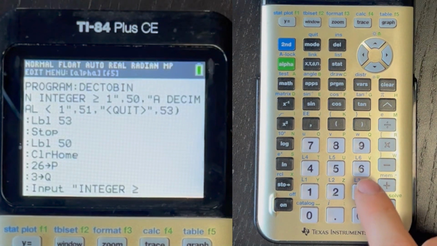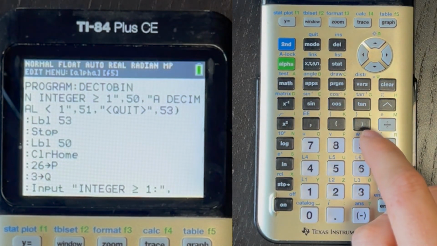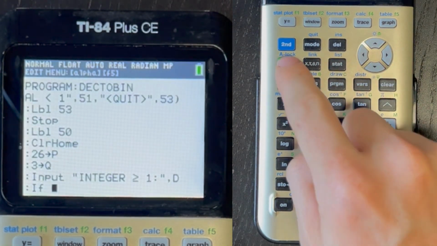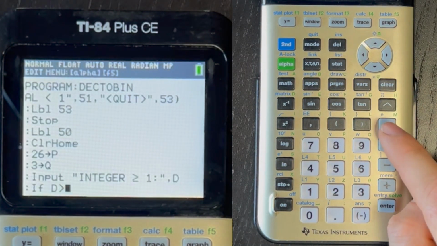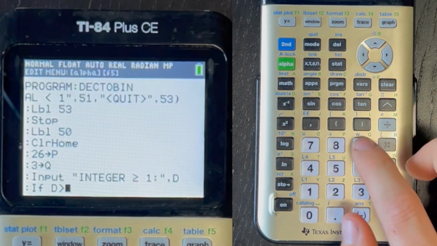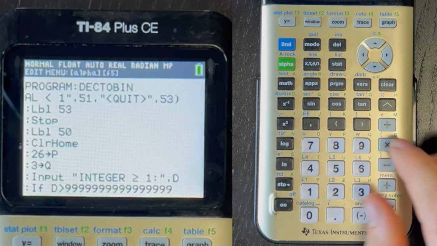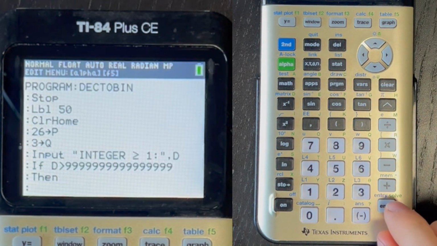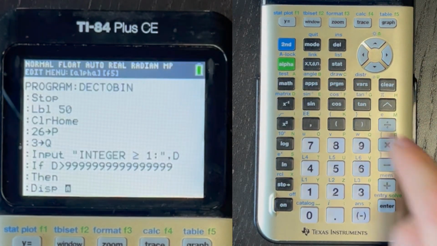Greater than or equal to 1, colon. Comma, alpha D, enter. Program, if alpha D is greater than, and then you're going to do 16 nines, so 1, 2, 3, 4, 5, 6, 7, 8, 9, 10, 11, 12, 13, 14, 15, 16, and then hit enter, and then program, then enter, program, disp alpha lock